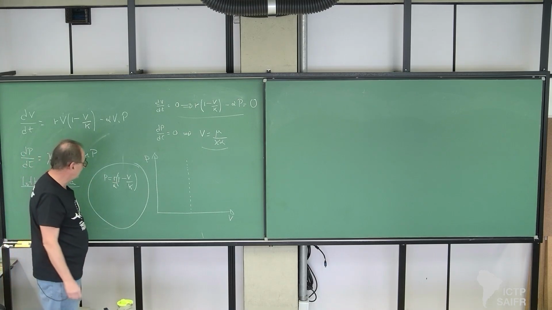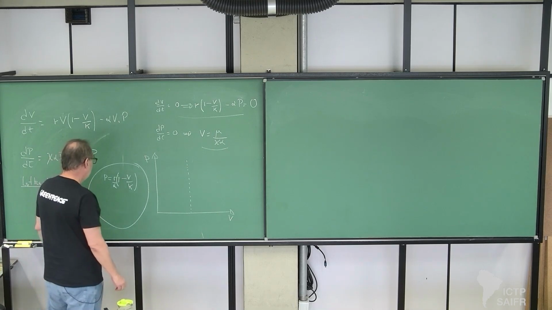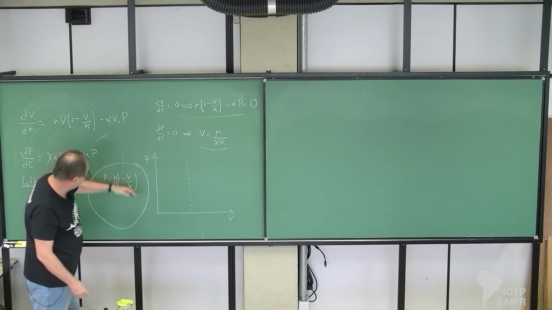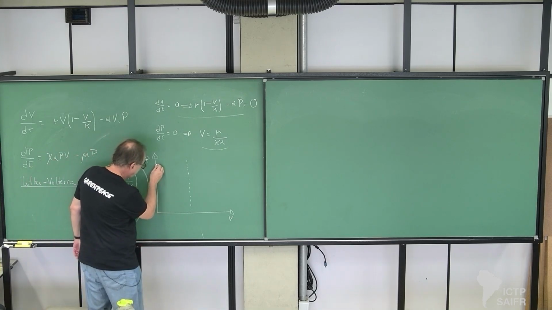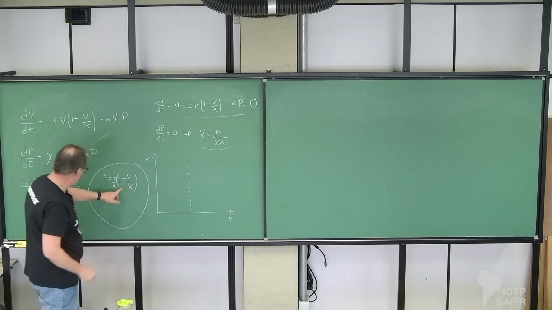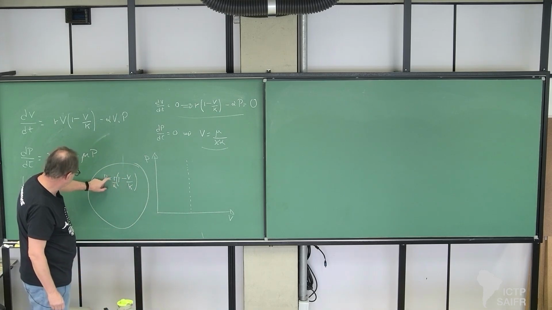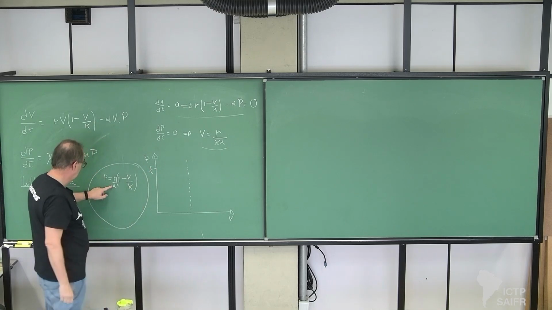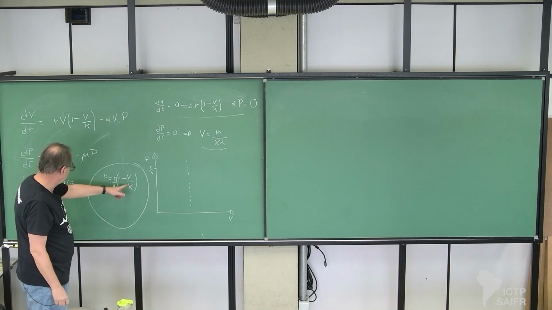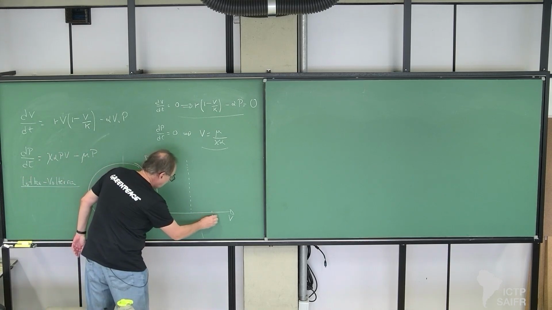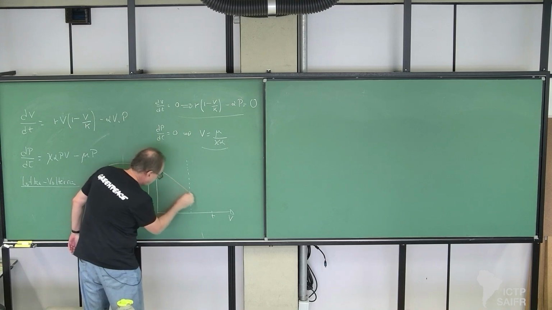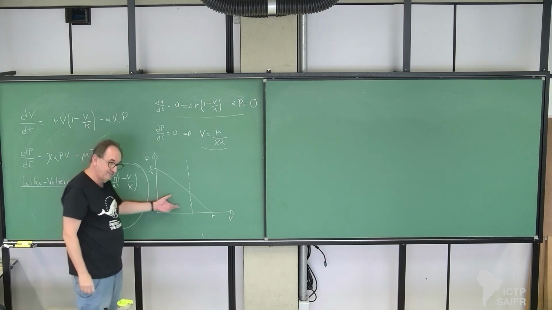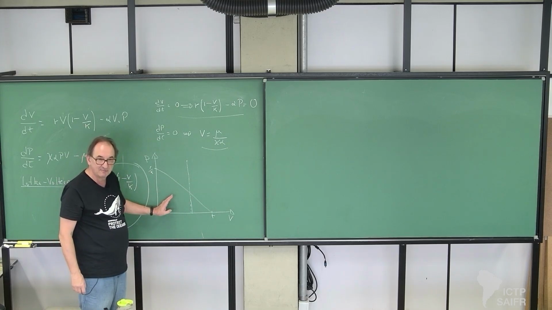It is a straight line, and this will be something of negative inclination. We can see where it will cross: if I take V equal to 0, this is r over alpha. And if I take P equal to 0, then V is equal to K. So this is something like that. Okay, so these are the nullclines. Then you can do all the analysis with the